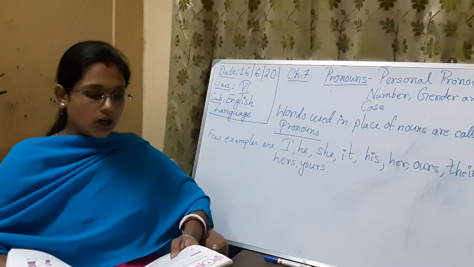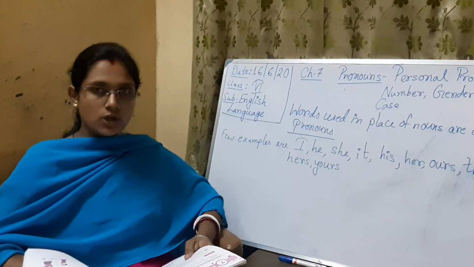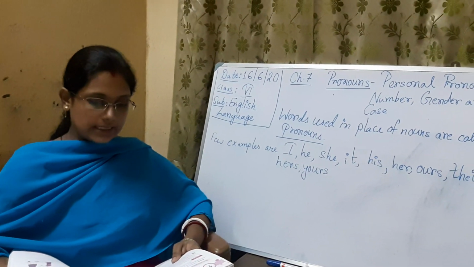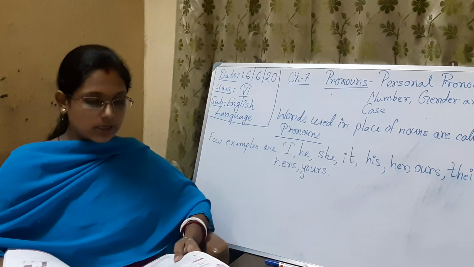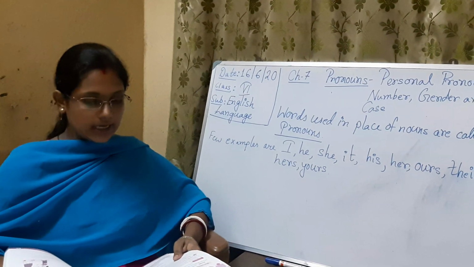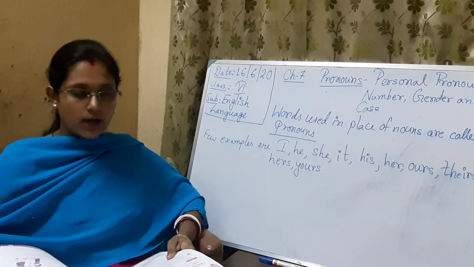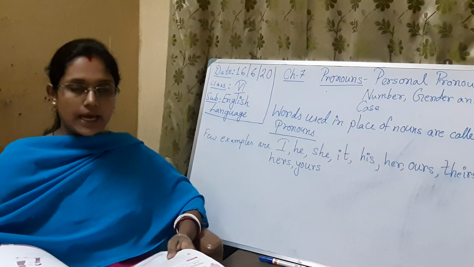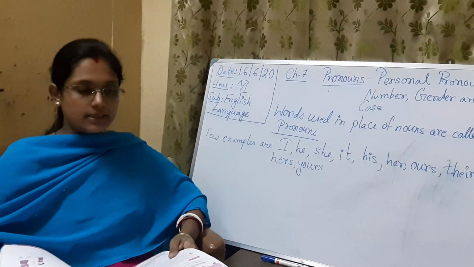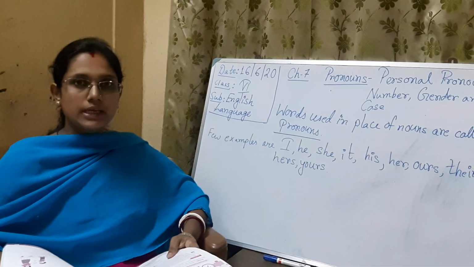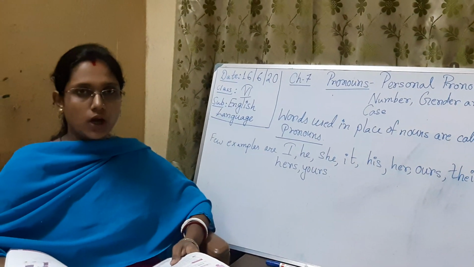Okay. Now, some features are given in your book. Please look at the book. Pronouns are used instead of nouns. They help to make sentences shorter and simpler. Now the exercise A, which is given in your book, please look at the exercise and please keep a pencil in your hand so that when I am telling the answers, please underline the pronouns. Exercise A is identify the pronouns in the given sentence. You have to identify which are the pronouns.